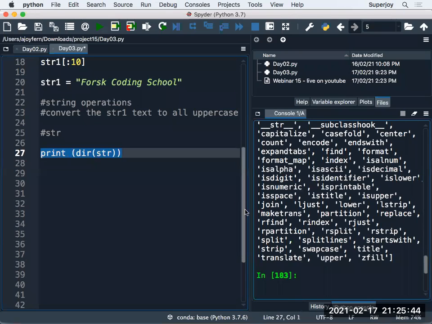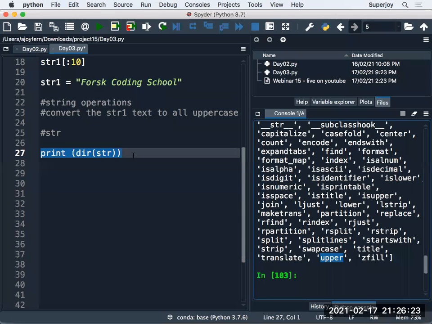But what is my intention, guys? My intention is that I want to convert the str1 to uppercase. Which function will help me in that? Which function can do the job for me? There are lots, okay? But let's read. Can you see, there is a function with the name upper. The upper method is there. But I have no idea how to use upper. I'm just new to Python, and I'm not even sure that upper will do the job for me.